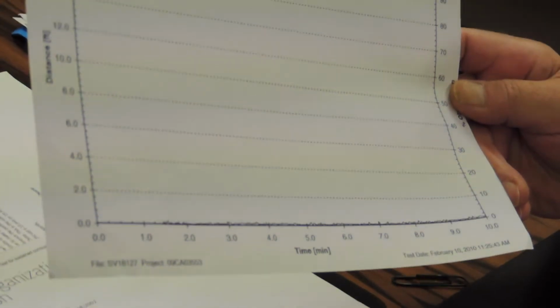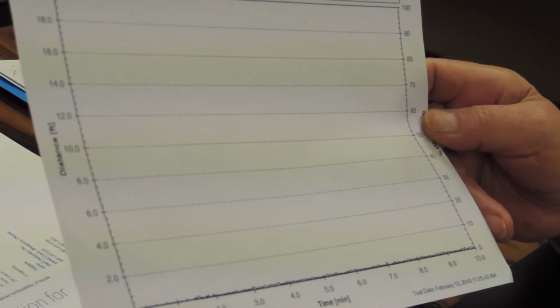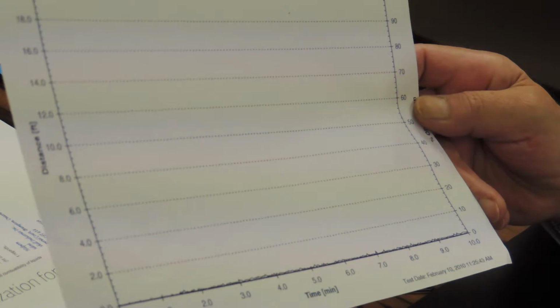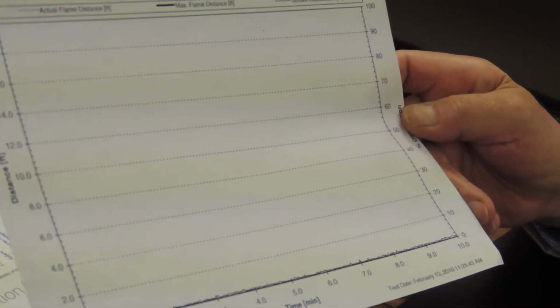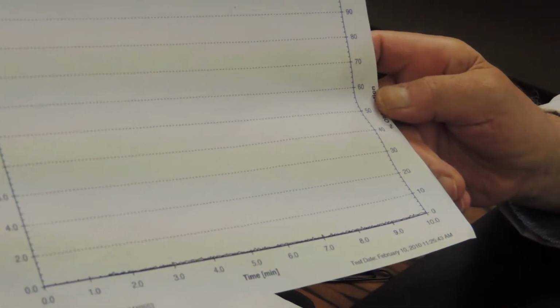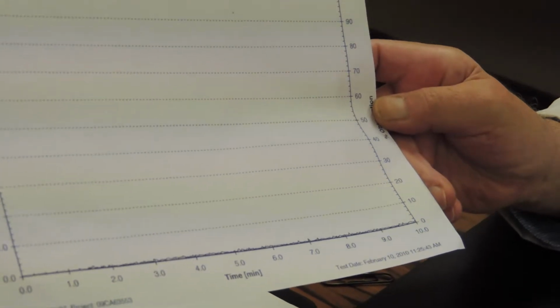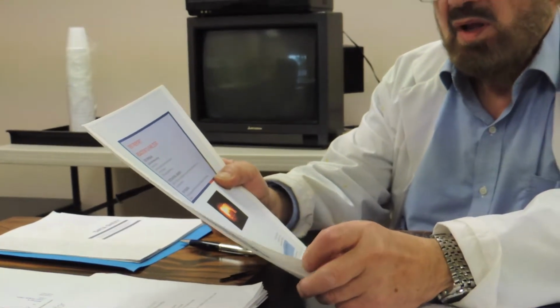Here's the graph, and you see that little squiggle on the bottom line demonstrates the performance. That's actually computer noise. In fact, the coated cement board panel, 20 foot of cement board panel, when subjected to gas flame jets, did not burn. The BondTAC did not ignite, nor did the flame propagate down the tunnel, and nor was there any observable smoke obscuration seen. We then performed the test and requested a report be issued, and this test was conducted by Thomas